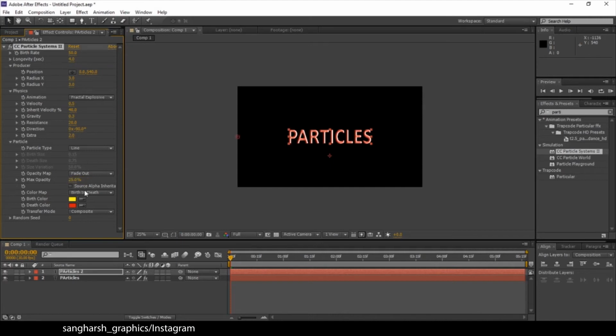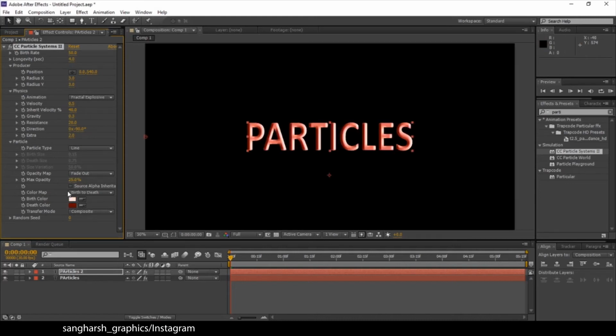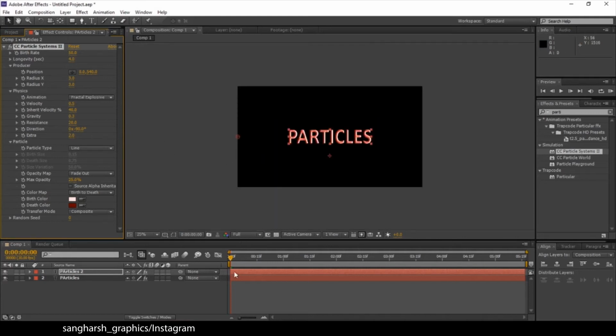Yeah, it will be okay. Now select the particle color, the light one this, and the dark one, the dark shade from your text like this. Now come to the first frame, add a keyframe on position, and go 2 seconds behind like this. Let's make the x value 920, meaning at the end of your composition.